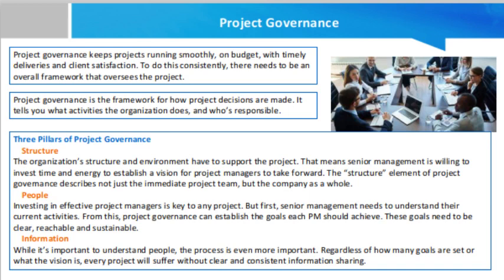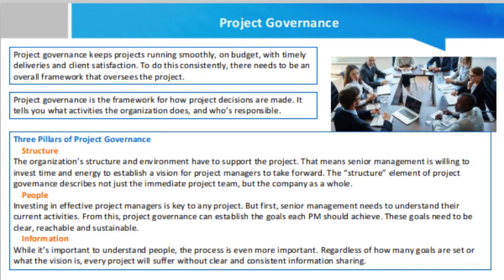So there are three main pillars of project governance. If you want to understand project governance, you have to understand its pillars. First pillar is the structure. The organization's structure and environment have to support the project. That means the senior management is willing to invest time and energy to establish a vision for project managers to take forward. The structure element of project governance describes not just the immediate project team but the company as a